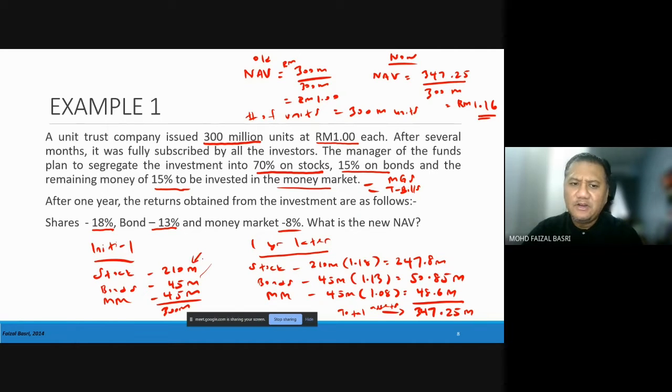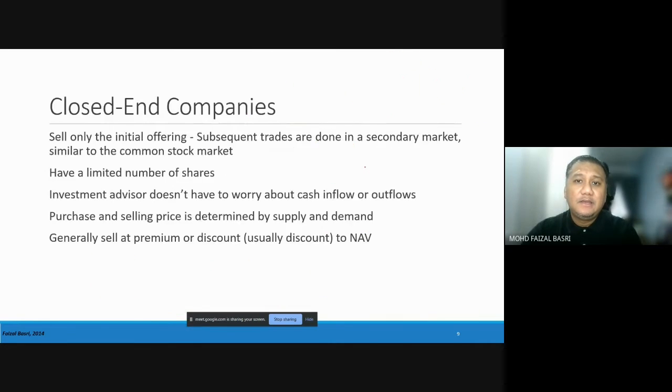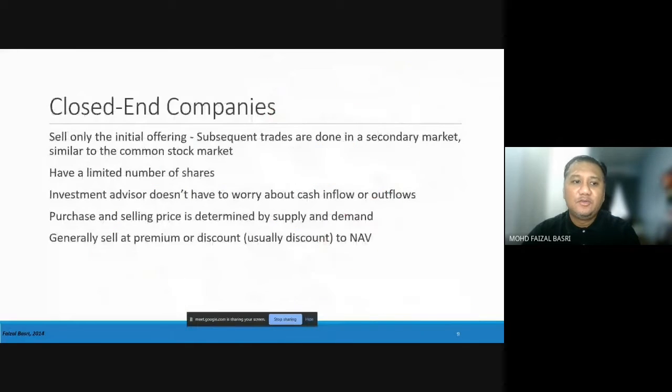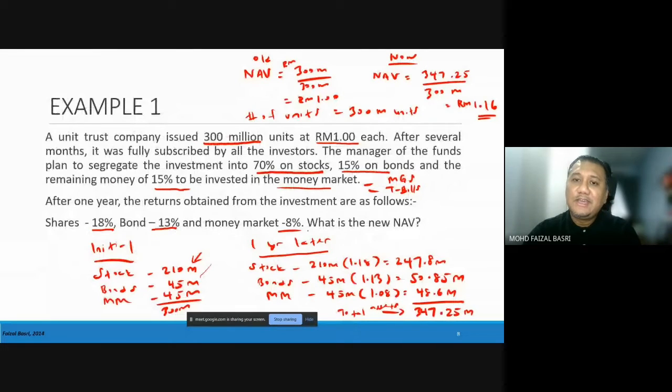But if they have big exposure in stock market, so yeah, the value of investment in the stock market tu akan berubah lah from time to time. So that's why sometimes you can see the value boleh go up above RM1 contohnya, ataupun dia akan drop to below RM1. Okay, this is just a simple example how we calculate the net asset value. Okay, and actually untuk cari ni tak semestinya untuk open end. Sometimes they can use this one together with the demand and supply macam stock market juga.